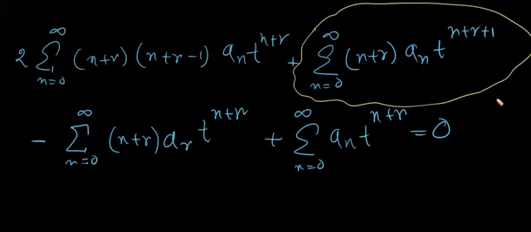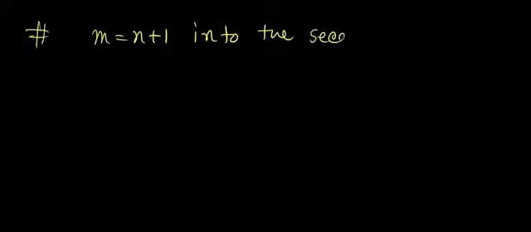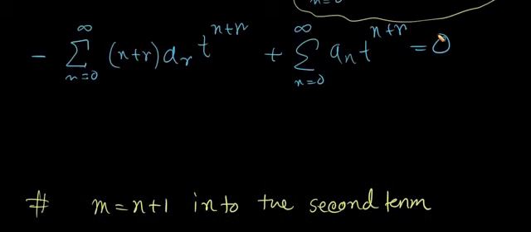Okay, and obviously we cannot make any change to r because r is not a dummy variable, but what we can do is that we can make a change to n, because n itself is a dummy variable. So what we're going to do is that now we're going to substitute m equals n plus 1 into the second term,